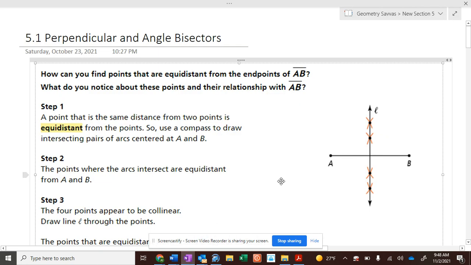All right. So today we're going to look first at perpendicular bisectors. And back in the first chapter, we constructed perpendicular bisectors. We did a perpendicular bisector construction. Okay? To do that, what we did is we took our compass